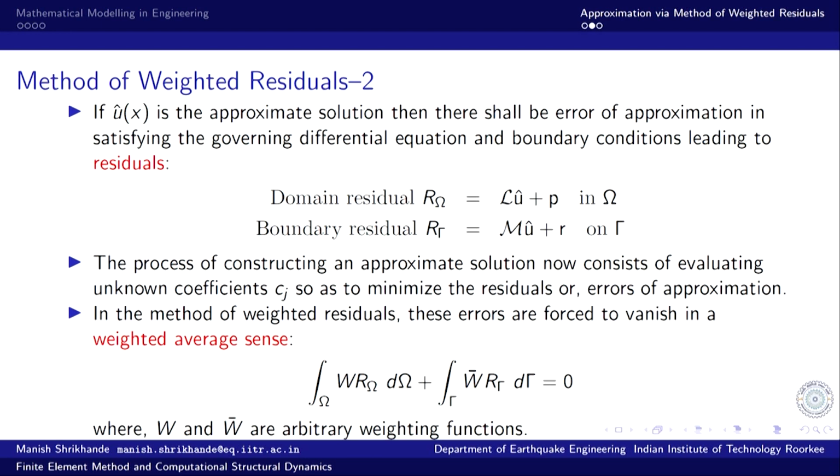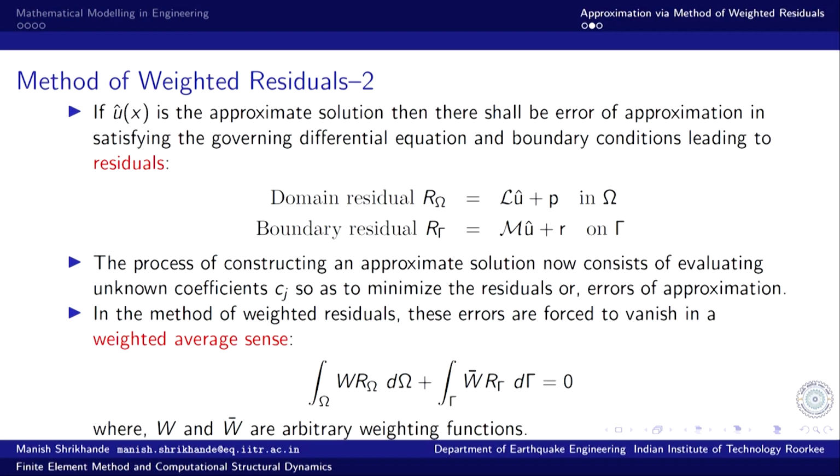There are different ways of interpreting what is meant by small error. So, in the method of weighted residuals, we emphasize that we do not look at these errors individually, rather we try to make the errors vanish in a weighted average sense,